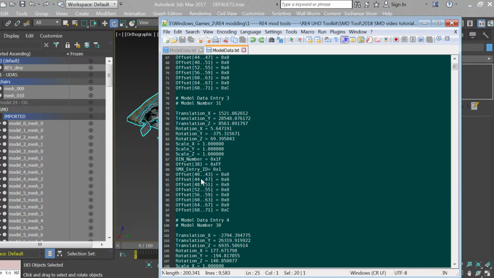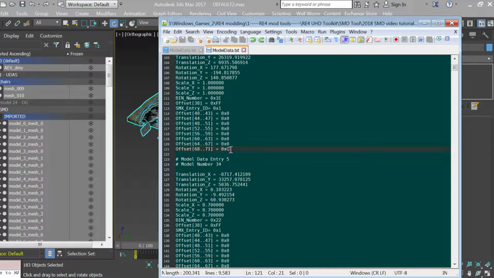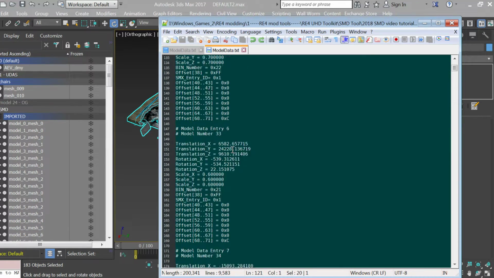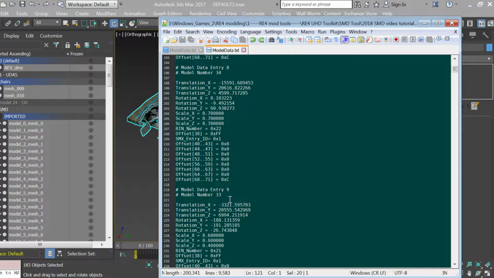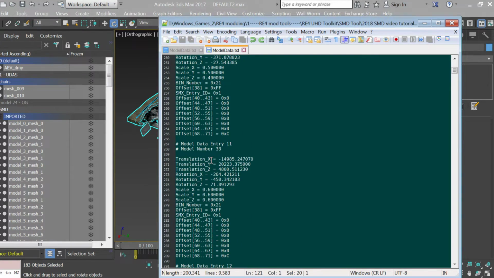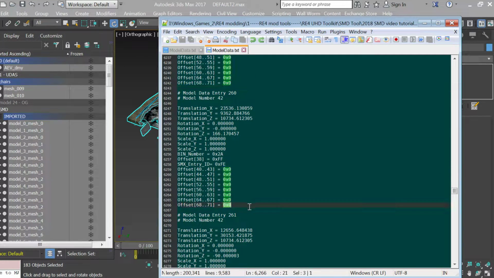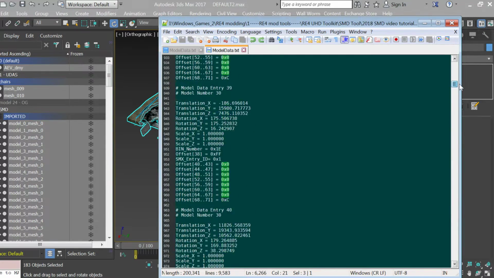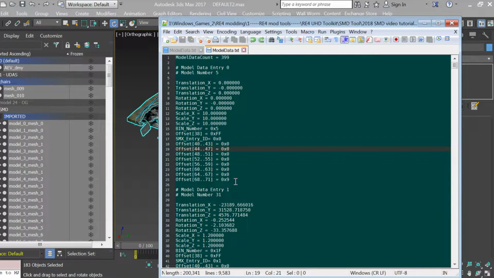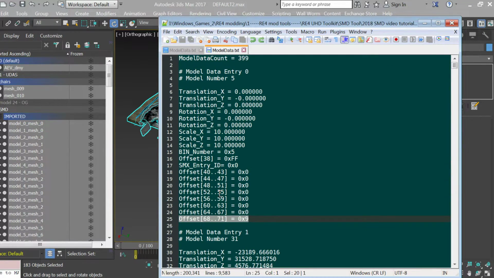Normal models use the offset. It's usually 0, 0 or 0, 8, or 0C or whatever. I'm not sure what the rest of those are, but normally they are 0, 0 or 0, 8. I just use 0, 8 because that's what most of them have. But the ones that have 0, 9,